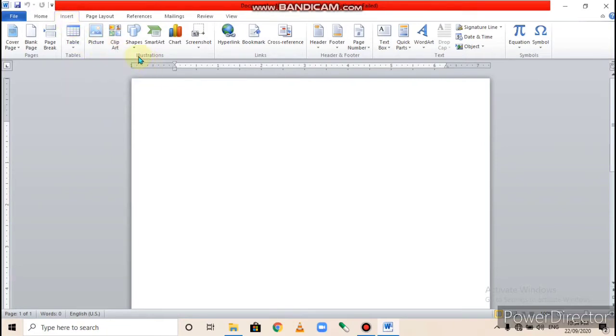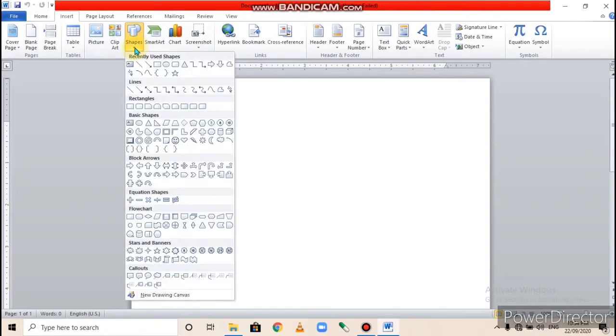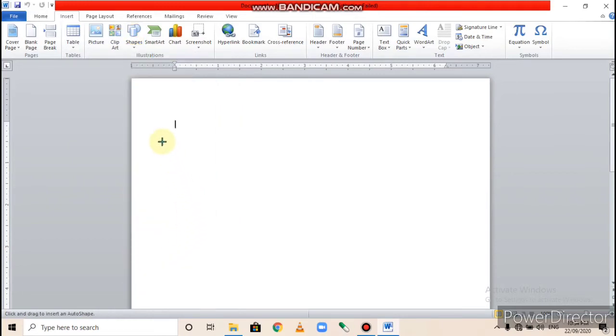Then select the desired shape, the shape you want to insert, then click on that shape. Click and move the mouse pointer to the document area.